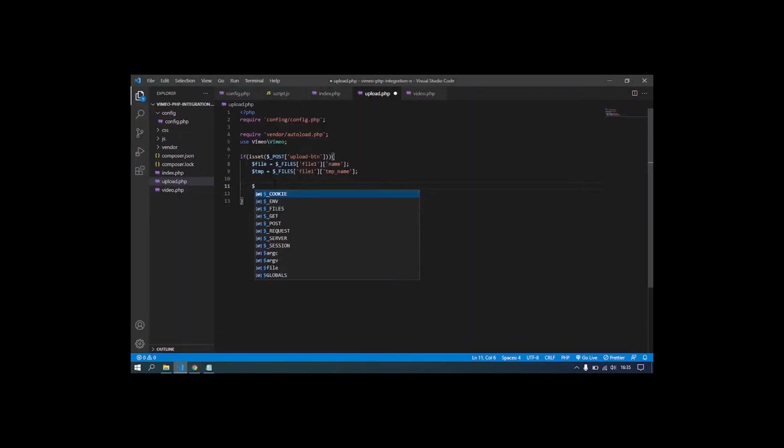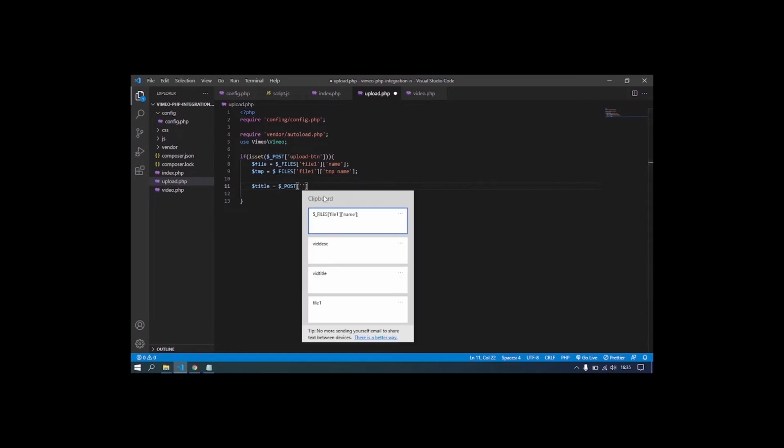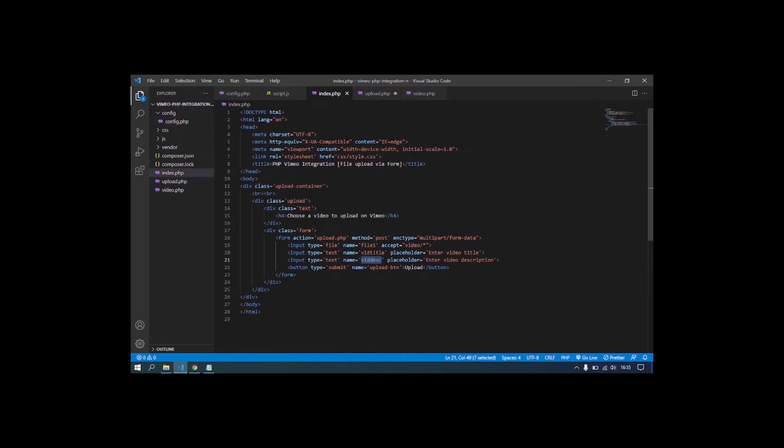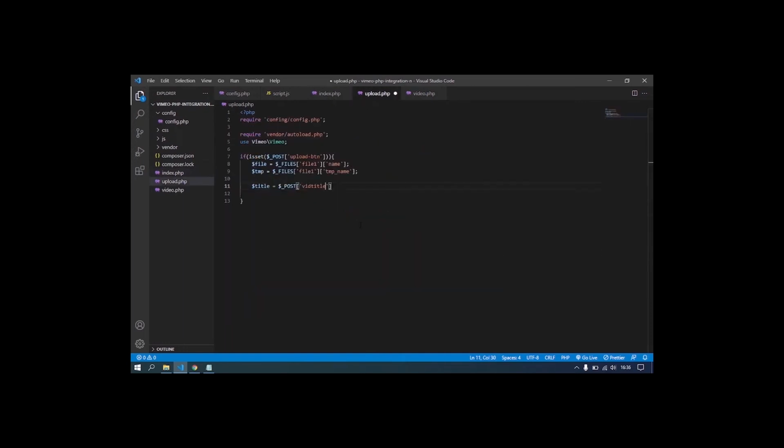So let's store this inside this title variable. We are using the PHP superglobal post for getting this input value, because this is not a file, this is just an input value. So we need to provide this title name attribute,